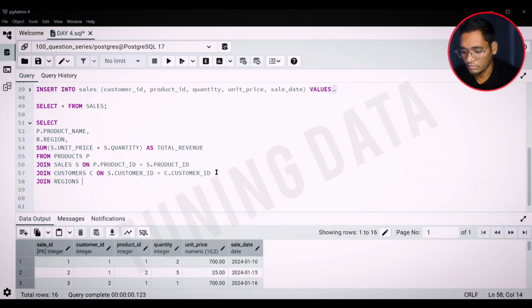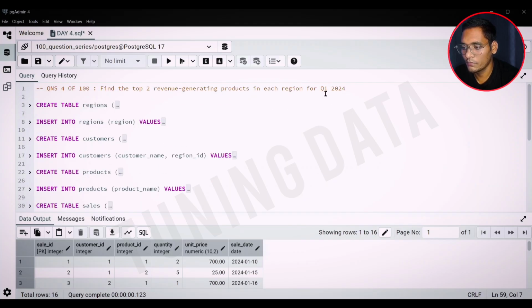Regions table, on the basis of the region ID we have in the customer table. So let's take C.region_id equal to R.region_id. Okay, now we are going to use WHERE, because we want the total revenue only for quarter